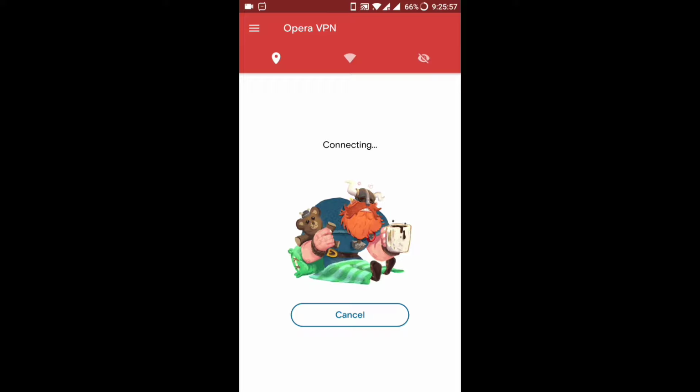So by default, sometimes it's selected to some USA. So you have to make sure you connect with either Canada or Germany. You can go and switch the region from there. It's easy, just click on the hamburger menu. Once you see it got connected,